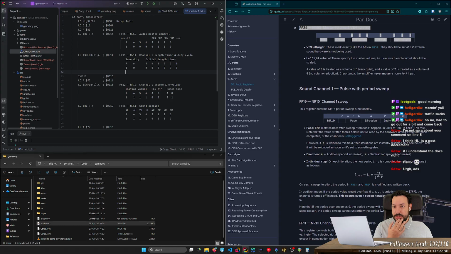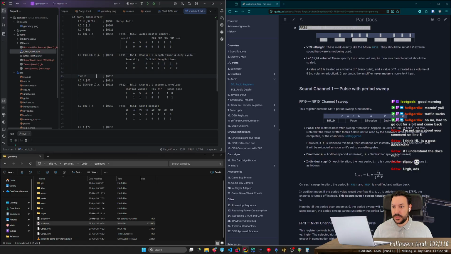Okay, FF26. I write 0x80, which is this. Then FF11. FF11, I write A, which is the same thing.